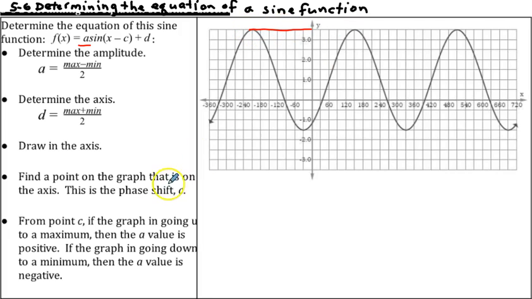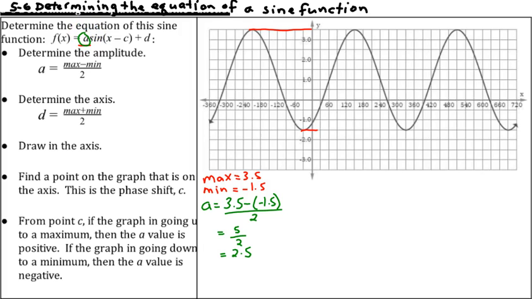So you can see here that the max is 3.5, and the min is negative 1.5. So the A value is 3.5 minus the min, which is negative 1.5, divided by 2. And that gives you 5 over 2, which is 2.5. So that is the A value that will go in the front of